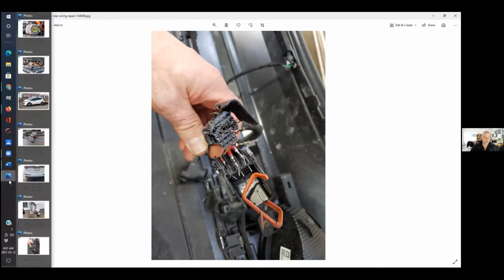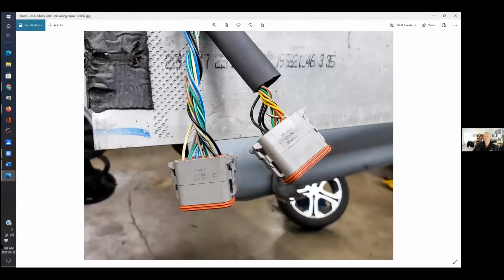So as for repairs, yes, there were a couple of options. One was to get new wiring harnesses from GM. I believe it was over $1,800, because they don't sell the connectors or plugs. You have to basically buy the whole wiring harness. Wait a second. $1,800 for a wiring harness? Yes. It's not an outlandish price, but